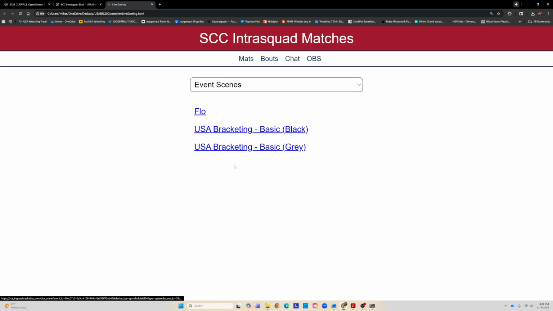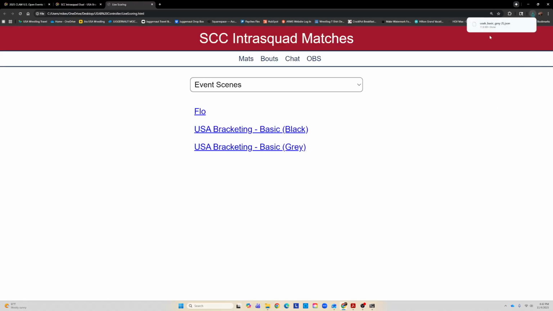Okay, the next thing we are going to do is we're going to go into event scenes, and the event scene you are going to want to download is USA Bracketing Basic Gray. If you are running a flow event, you will want to download the flow scene to work with flow. So when you download this, it is going to download that, and then we're going to open OBS,